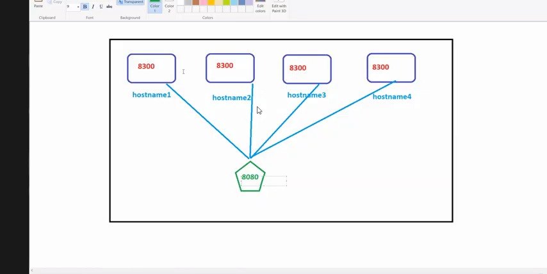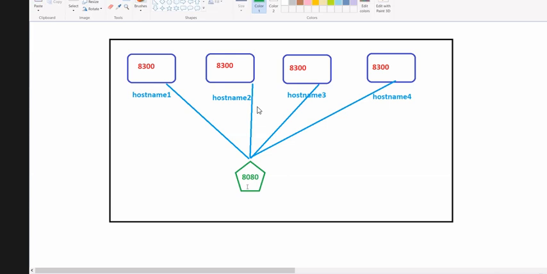This is typically like a manager having 4 resources. If anyone wants to give work, how should they go? They will approach the manager only, right? The manager knows this guy is free, this guy is free, and will reroute. Correct? That's the typical software development process I'm talking about. Here also,